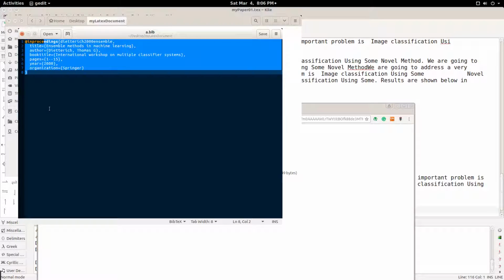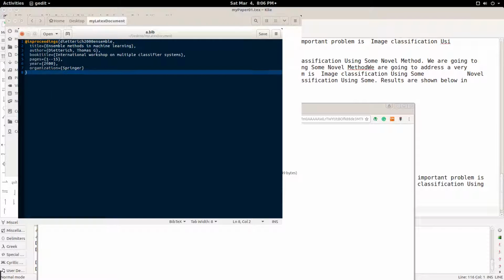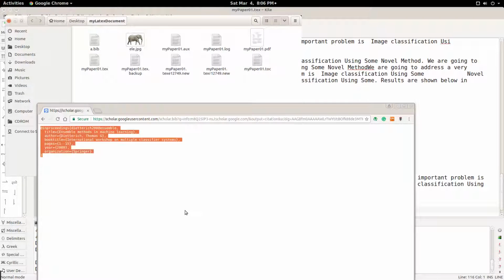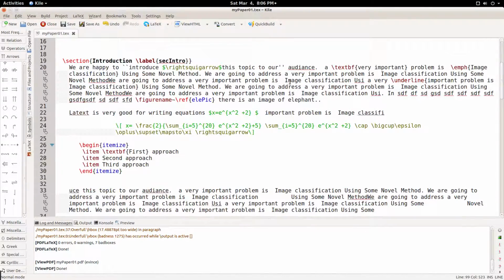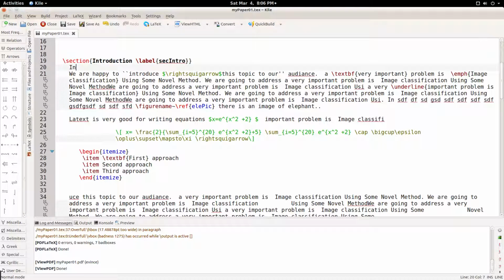This entry contains a lot of things: what is the title, who is the author, what is the book title, the pages, etc. Some required information is there. You close this and come to your document, and now you can cite. For example, if you are writing something, you can write, in the paper